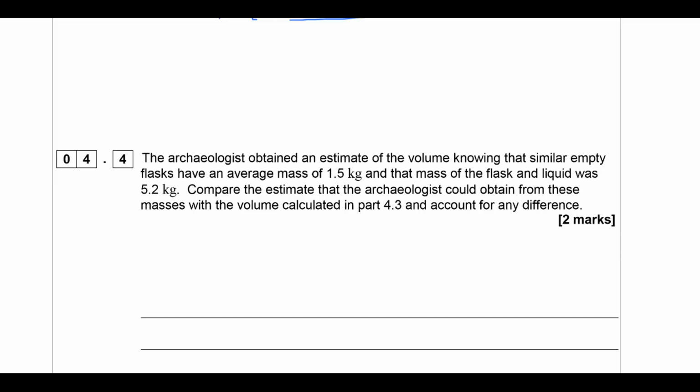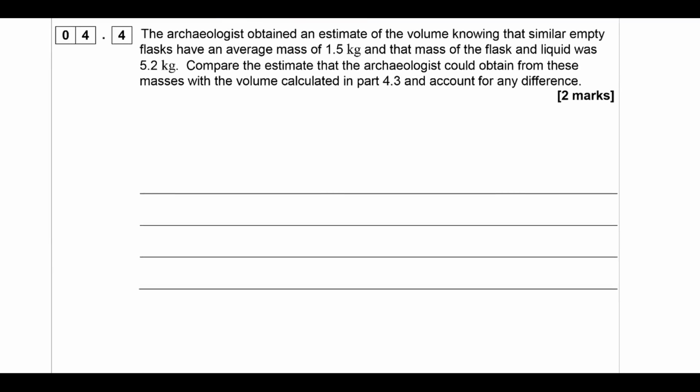And the next part says the archaeologists obtained an estimate of the volume, knowing that similar empty flasks have an average mass of 1.5 kilograms and the mass of the flask and the liquid was 5.2. Compare the estimate that the archaeologists could obtain from these masses with the volume calculated in 4.3 and account for any difference. So what we're going to do